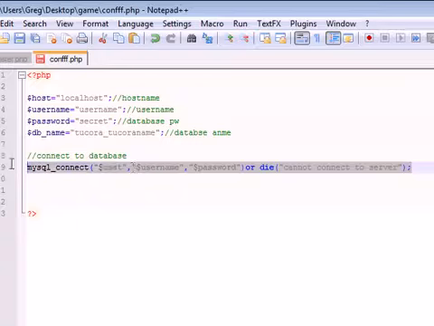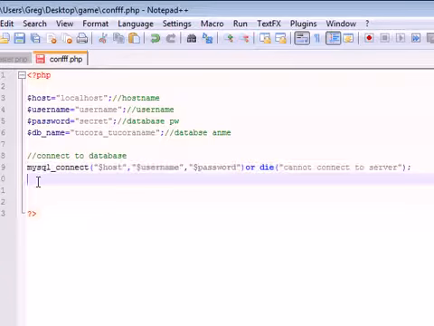Now that we connected to the server, we need to select what database we want to connect to. The built-in function for this is mysql_select_db. This selects what database we want to connect to, since whenever we're on our server, we might have a bunch of websites with a bunch of different databases. So this says what database we want to use. The parameter it takes is the database name. So let's go ahead and put DB name,